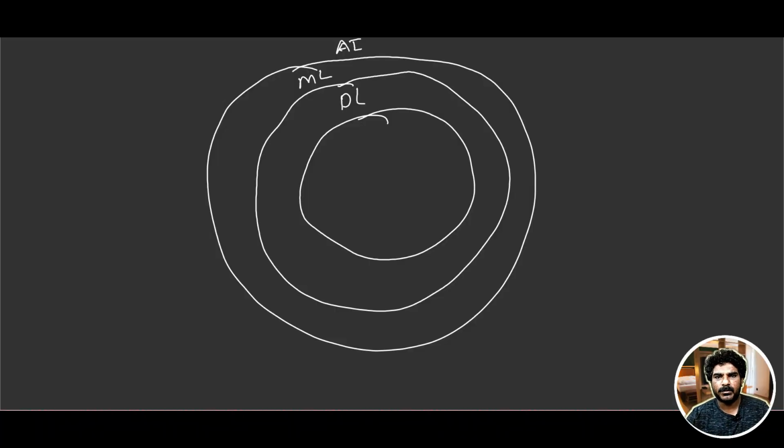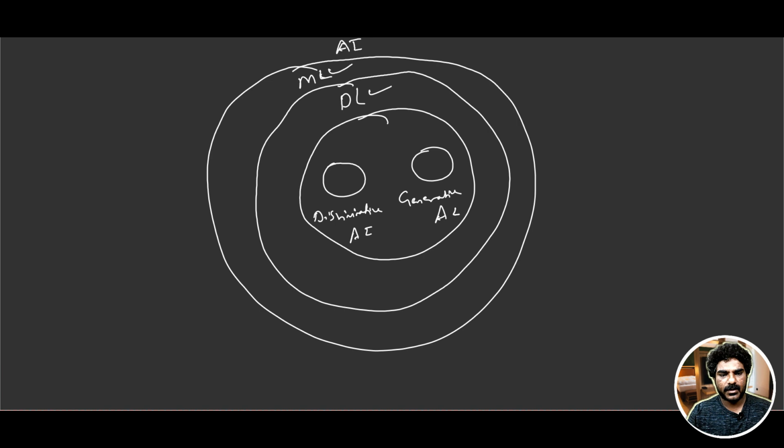So guys, I have already discussed the difference between AI, ML, DL, computer vision, NLP, and generative AI. If you have not watched that video, I'll put the link in the description, and also in the i button. Here you can see AI is a bigger umbrella, then there comes machine learning, and inside that you have deep learning. So generative AI is a part of deep learning. We need to understand two terms: one is discriminative AI, the other one is generative AI. Before understanding the difference between them, first let's understand how generative AI has evolved.